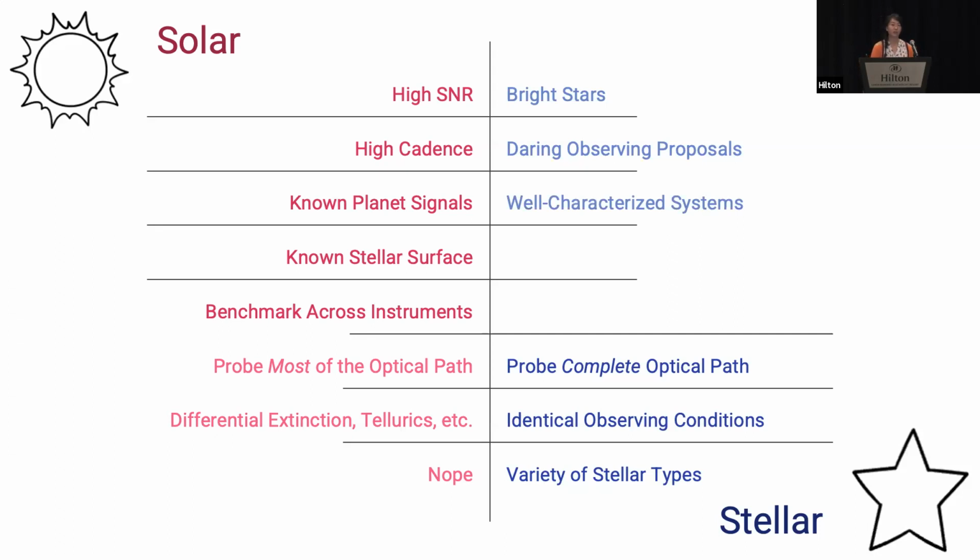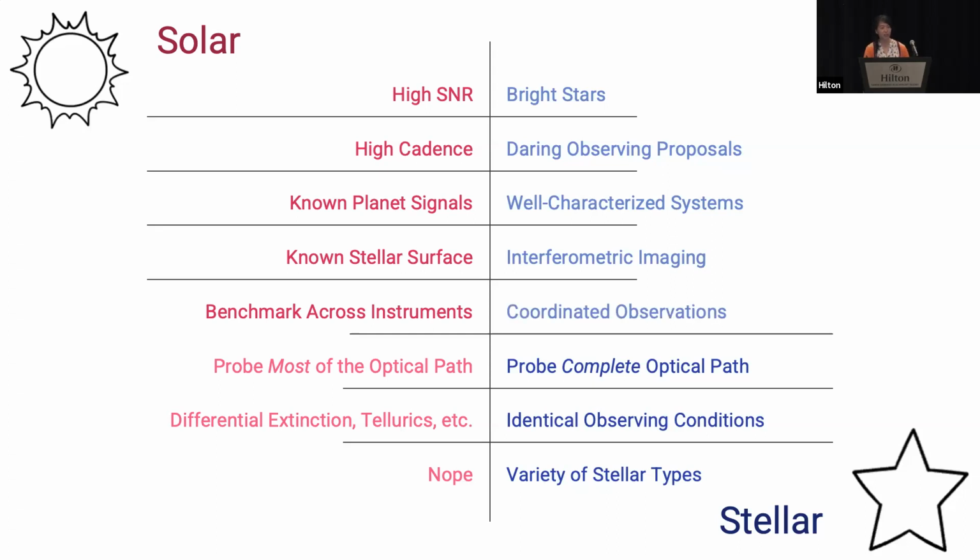We could also think of stars that have really well characterized systems, for example, the HD 3651 planet proposed by the Brewer paper, and other cases where the sky might be dynamically cleared out or enough planets are found that we think we have a good understanding of the dominant planet signals. And even with the stellar surface, we saw that really interesting talk by Rachel Rothenbacher about how we are starting to use interferometry to image the surface of other stars that might give us the same information that we have for the sun.